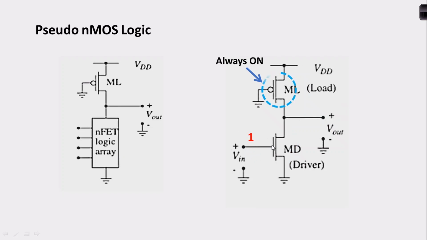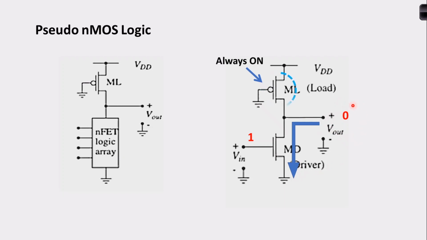Now take the scenario where I apply logic 1 to the NMOS input. This NMOS is turned on and acts like a closed switch. When it acts like a closed switch, the capacitor, which was pre-charged to VDD, gets a path to the ground. Hence the capacitor which was charged earlier gets discharged to 0 volt. Hence I'll be getting what?